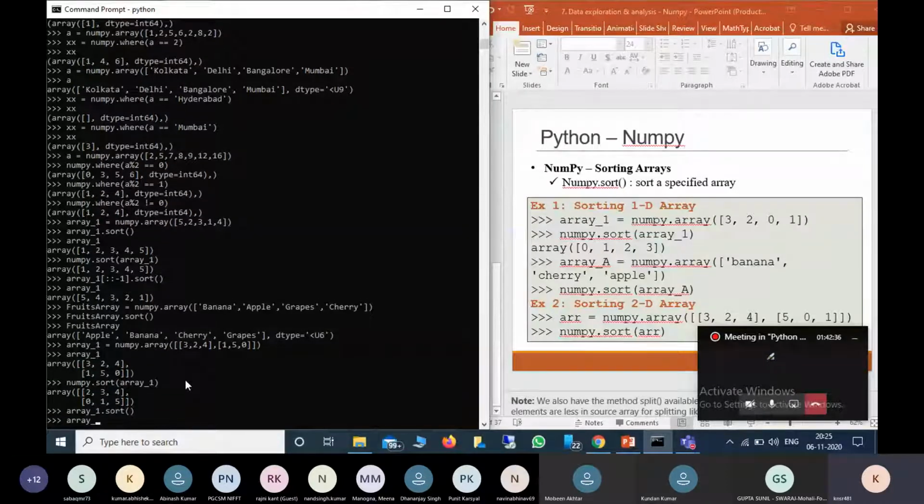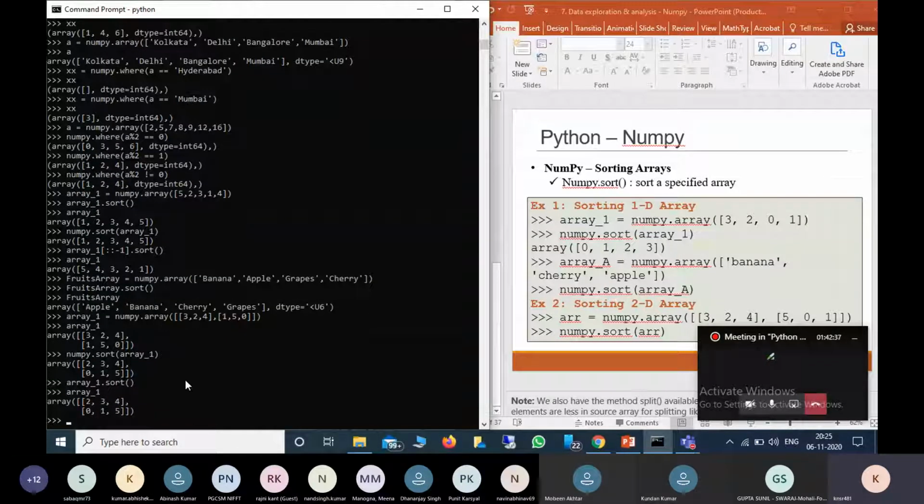Array of 1 will give the values in sorted order. Here if you see, each row is separate. For this row, for example, there is 3, 2, 4. So it will be kept 2, 3, 4, and for the other row it will be 0, 2, 5. We can also do ascending order and descending order, which is similar to the previous one.